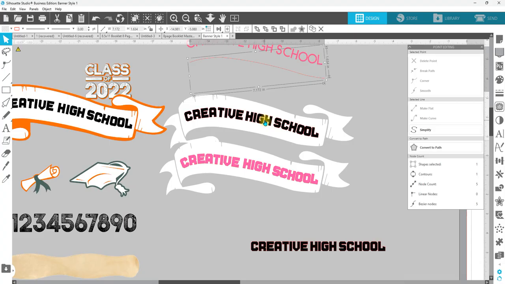So to me, that way is easier, but for some, they're not so comfortable playing around with the edit points. But I like edit points, and to me, that way is a lot easier because you don't have to move the letters around, but it's just about what you're comfortable with. So those are the two ways that you can curve your text to follow the path of the banner template